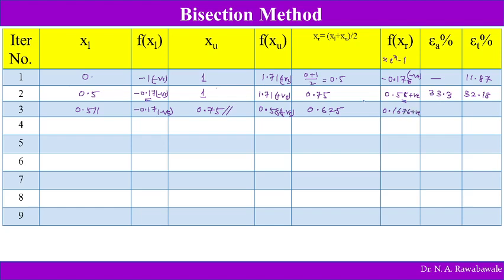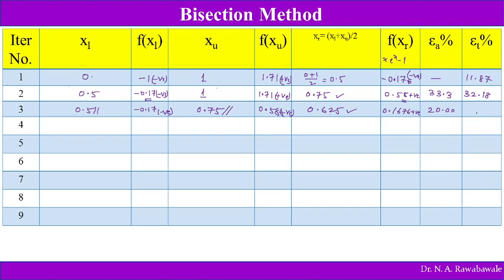Now approximate error, so this is previous approximation, revised approximation, 0.75 minus 0.625 divided by 0.625, so approximate error comes out to be